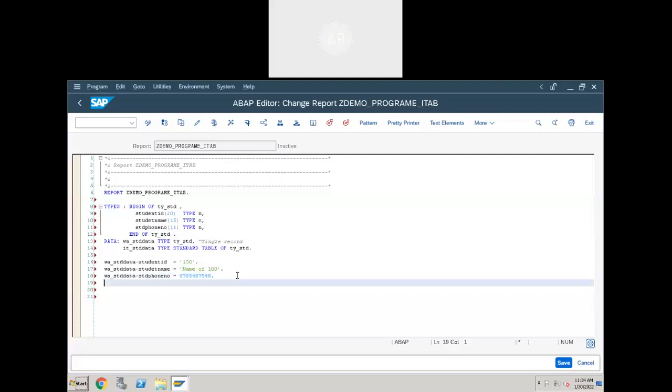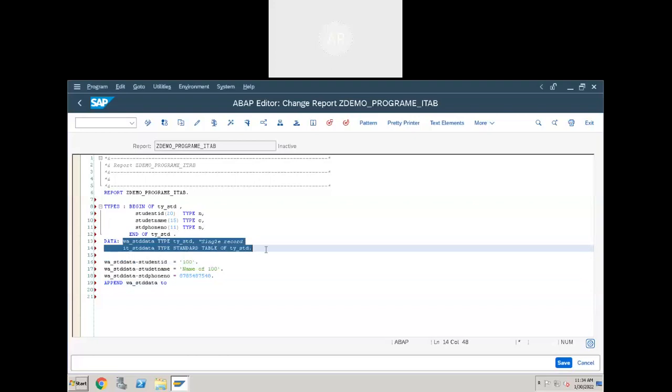Now, how to add this work area to the internal table? Note down, using the append statement, we can add a work area record to the internal table. We need to use the append statement to add a work area record to the internal table. What is the condition to add a work area to the internal table?